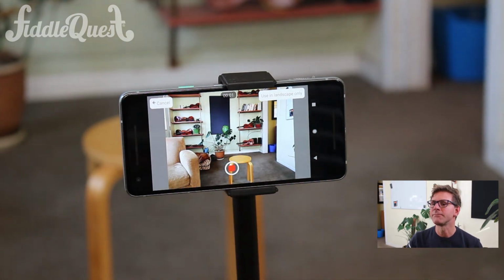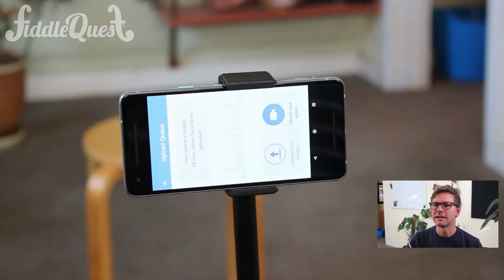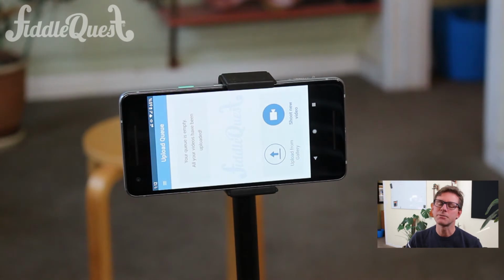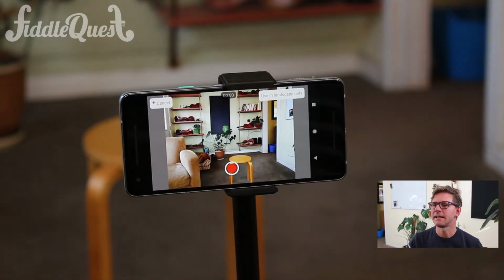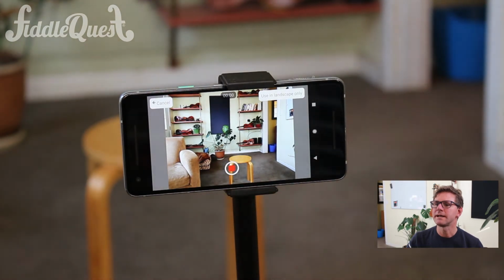You click the play button, or the record button, and then if you make a mistake, just click the little button in the upper left that says cancel. Instead of saving the video, it will simply start over again. If you hit the red stop button, it'll save the video, and you can go back again, but you will just start using up a lot more of your camera's memory. So just use the cancel button and start over again. And you'll hit shoot new video, and you'll start recording. And after you get the video you want, you're going to hit the stop button,